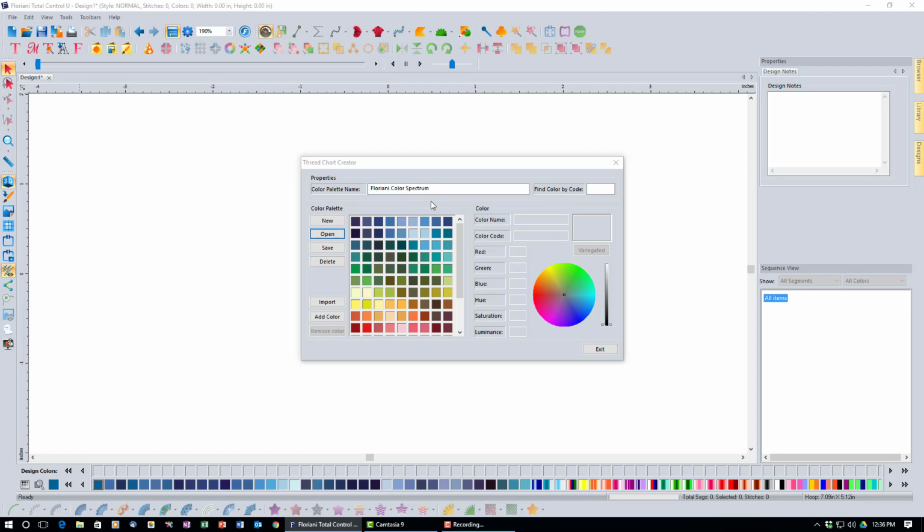Now, there's no way to go back, so again, I caution you only to do that sparingly, if at all. So that's what these buttons do here. Once you have a thread chart loaded, you can select a color simply by clicking it, and when you do